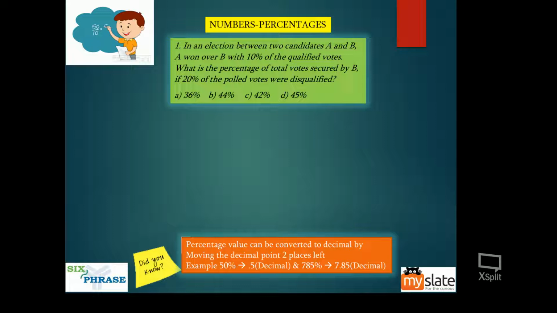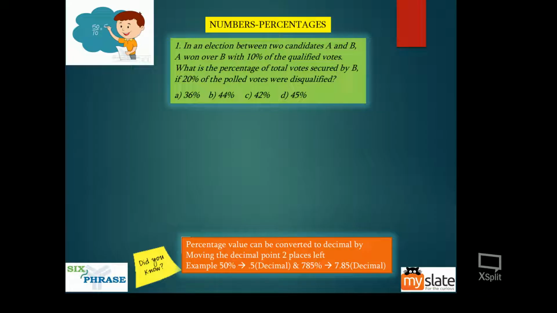So, the winner's votes and the loser's votes. In all the election problems, they assume that there are just two people, winner and loser. There is nobody else standing there. There is no second place, third place, fourth place, fifth place. There is only you and me in all the election problems. That is what they assume. So don't try to be over smart and think too much about it.